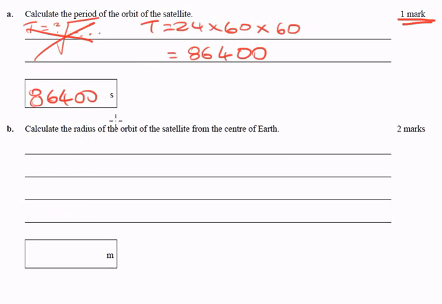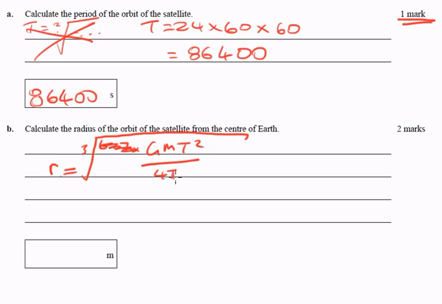Calculate the radius of the orbit from the centre of the Earth. Now we're doing our calculation. So this is one of these ones where we've already derived it on our cheat sheet, ready to go. Don't have to derive it again. And it's the third square root of... let's put the letters in first. GMT squared